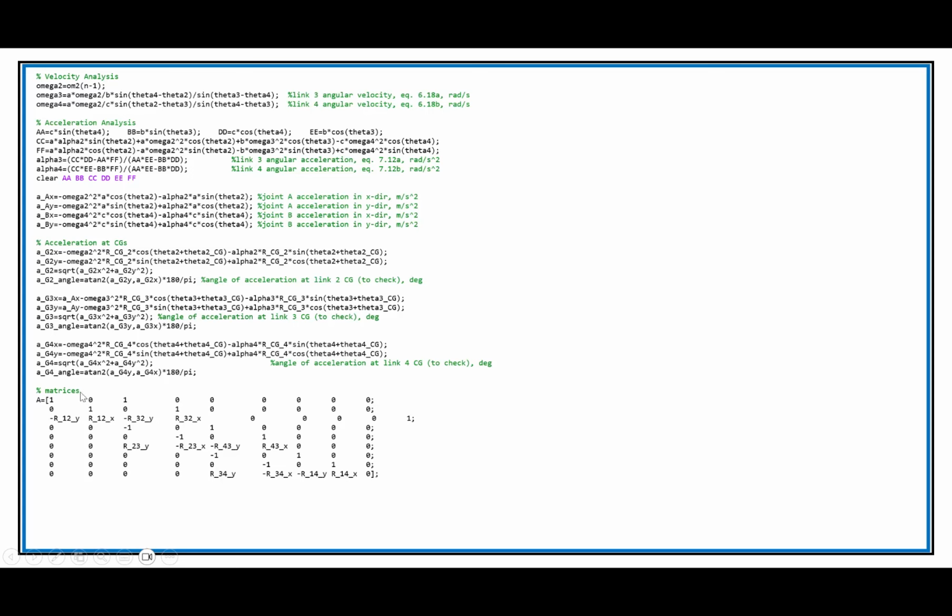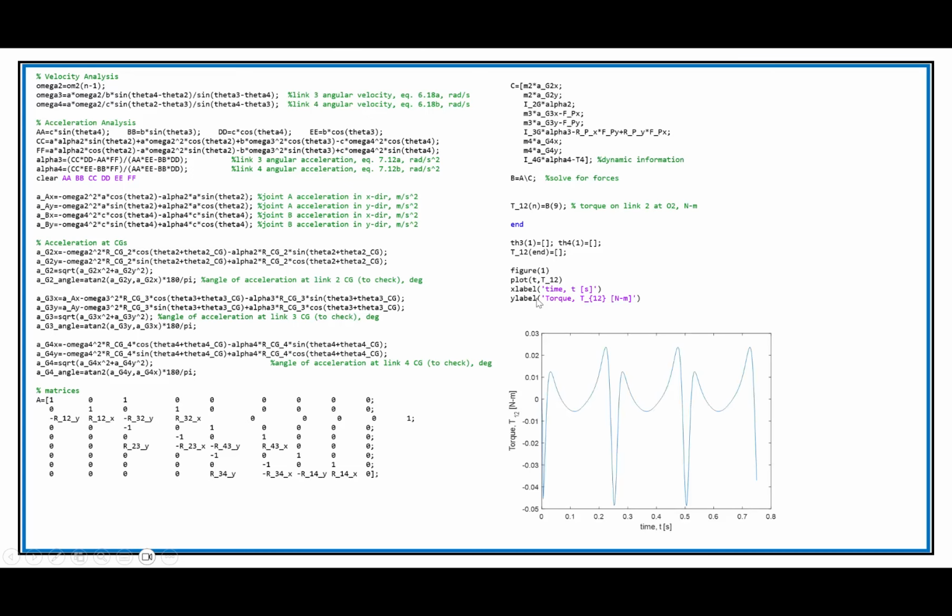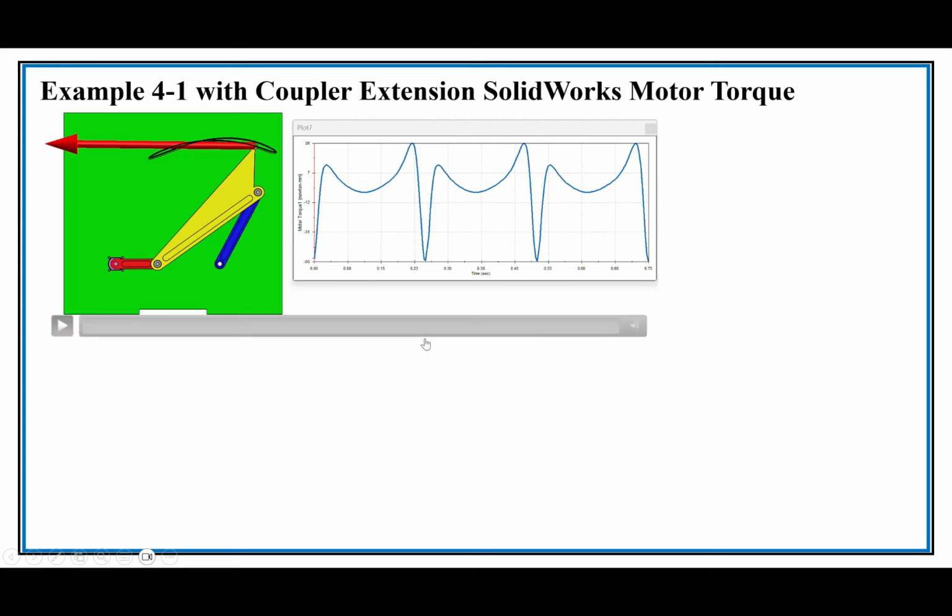We're still in a loop, so we put in the geometry information, and then here's the dynamic information, and we solve for the forces. And then I only kept the torsion. I could totally have kept all of the forces and all of the reactions at the links, but I only stored the torque at 1, 2. And then I'm not sure why I got rid of the last thing on all three of these, but I did. And then I was able to plot this torsion as a function of time, and there it is in